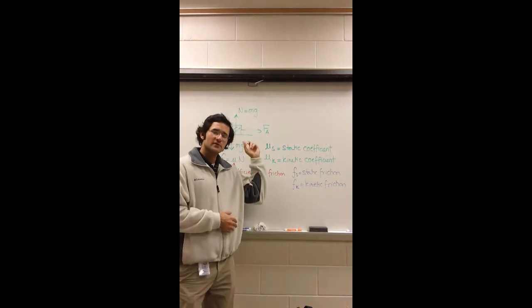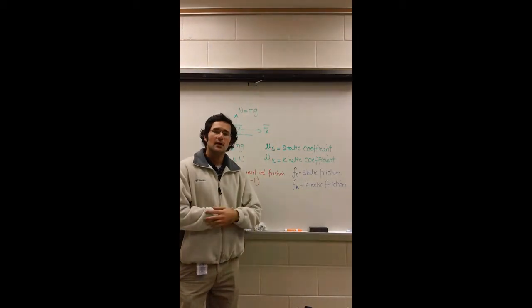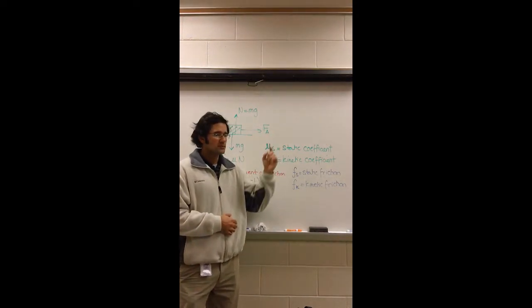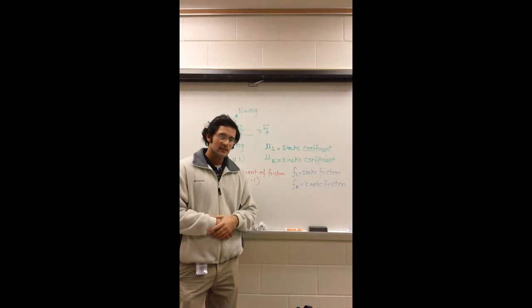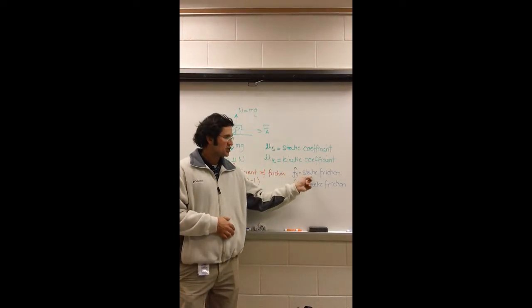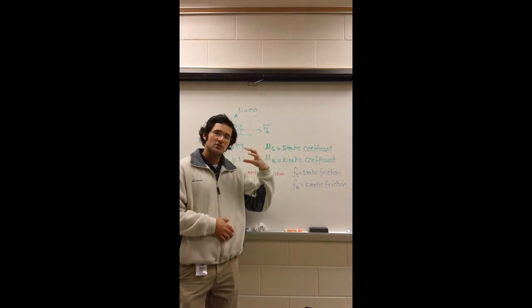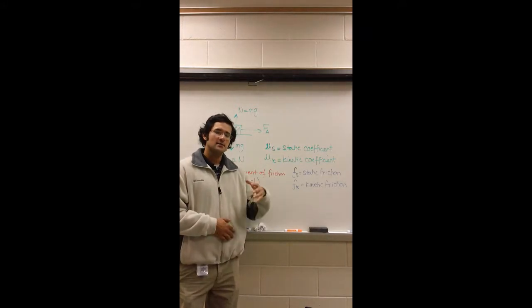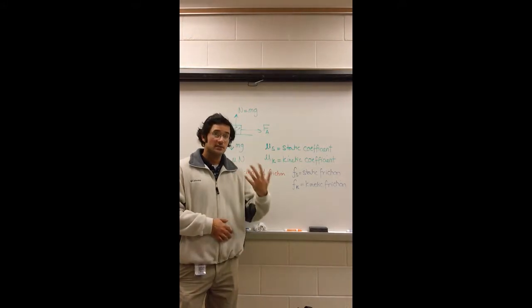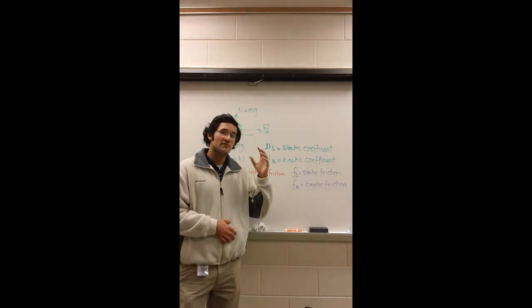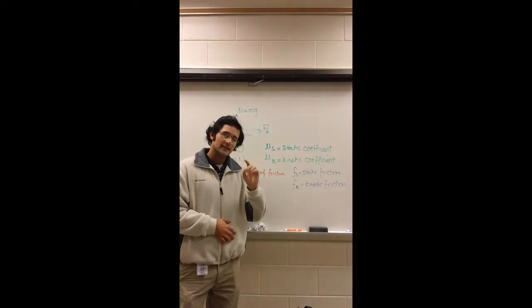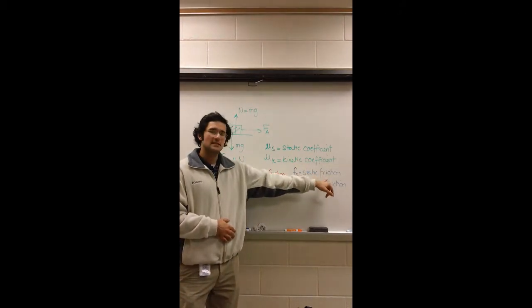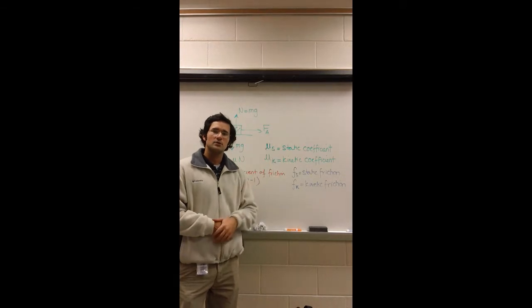So when you pull an object, for example, in this particular case, you're pulling to the right with a force F subscript A, Fa for applied force. You pull it to the right, and if the object doesn't move, that means the static friction towards the left is strong enough to overpower your force towards the right, so the object won't move. So then you exert a greater force. And if the object still doesn't move, then you exert an even greater force. And finally, when the object starts to move, that means you've reached the point where you have overpowered the maximum static friction that the surface was exerting on the object.